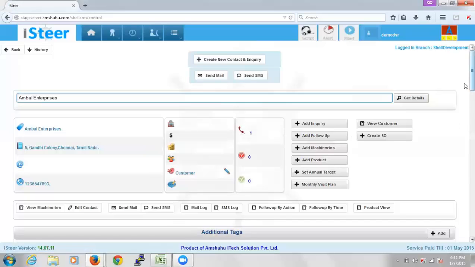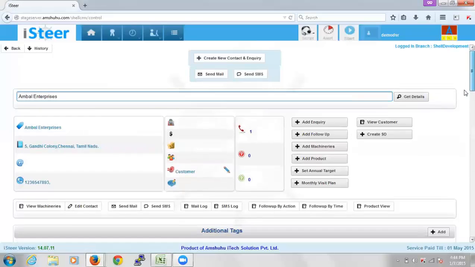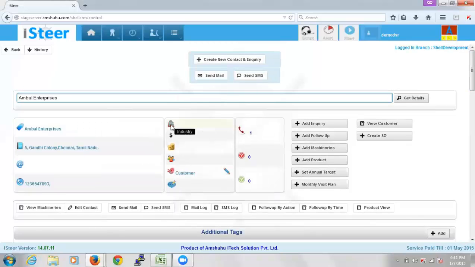So once I get into the details view of the contact, here we can see, in case you've given the correct industry, the industry, the turnover of the company, the potential of the company, the HR of the company, and the status in which the company currently is. This is basically the SpanCop status, whether it is in suspect, prospect, approach, or customer status. And then this would be for any remarks that you have for following up with him. Then you can also view any pending follow-ups, pending inquiries, and pending codes in the screen itself.